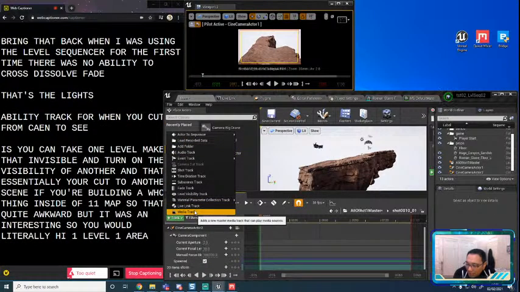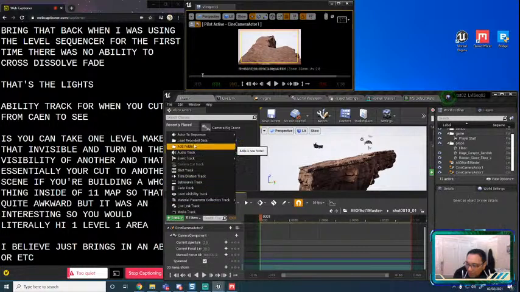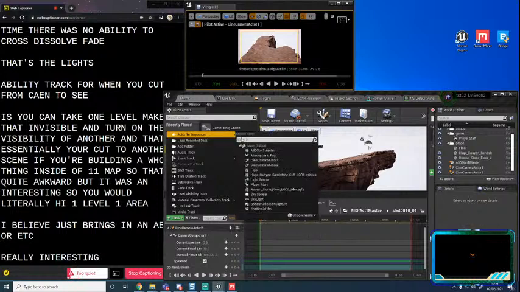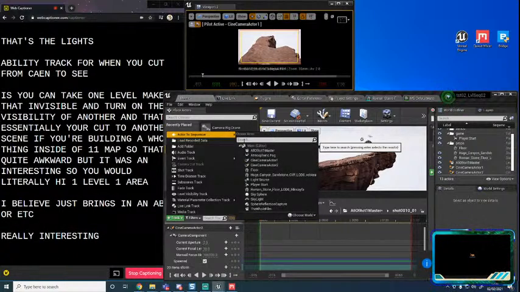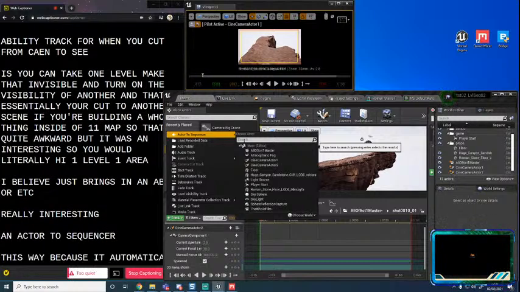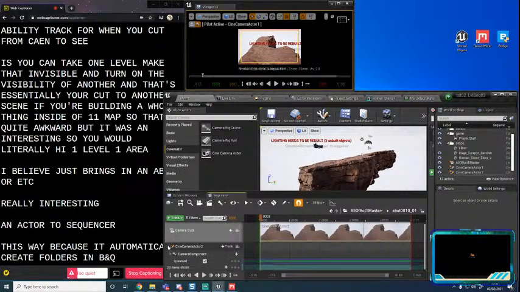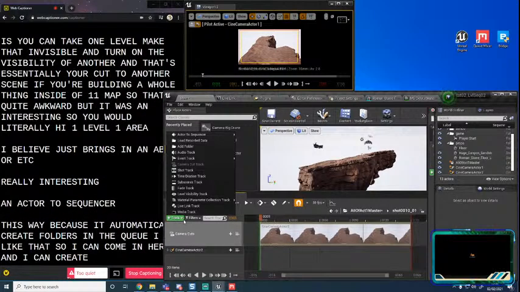Media track, I believe, just brings in an AVI or a set of image sequences, etc. And there's a few here that I'm going to learn how to use. So some really interesting things here, right? So this is a nice way of quickly adding an Actor 2 sequencer, but I don't like doing it this way because it automatically creates folders and tracks for you here. I like to have a little bit more control over that, so I can come in here and create a series of